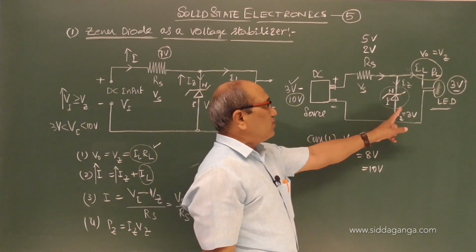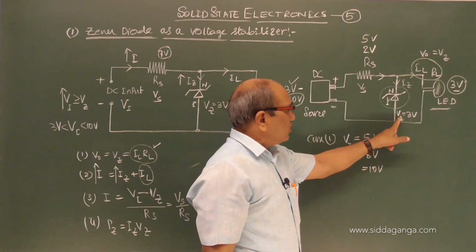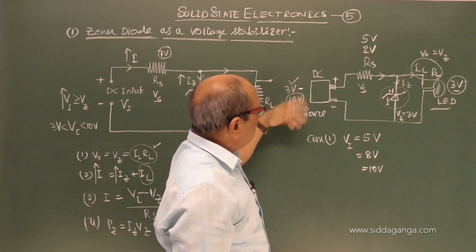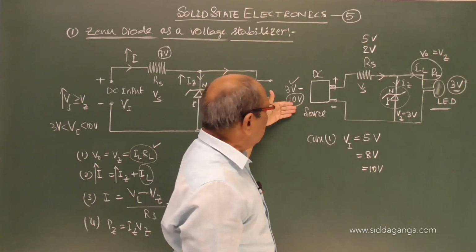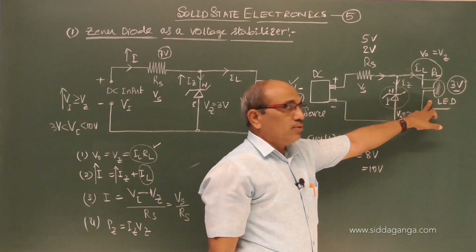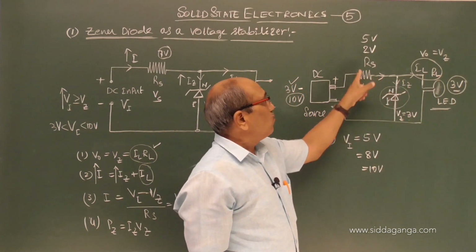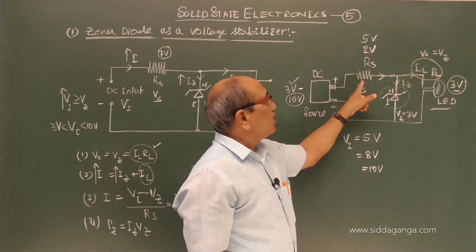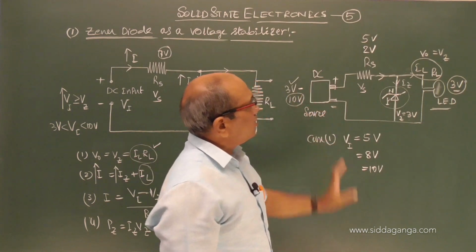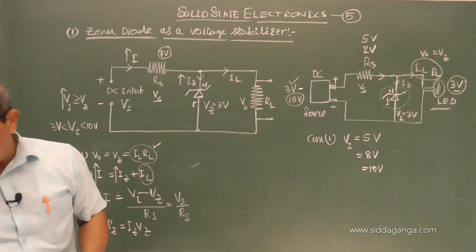Vz remains the same, 3 volt, that is coming to this. Any increase in current will not change Vz, it remains 3. For any fluctuation, 3 to 10, 3, 4, 5, 6, 7, any voltage value it takes, the output will be 3 volt. The changes we are seeing are here: large current flows, and current into resistance gives you the voltage that varies here. When you go to the numericals, you will understand better. I hope you will follow how the Zener diode works.